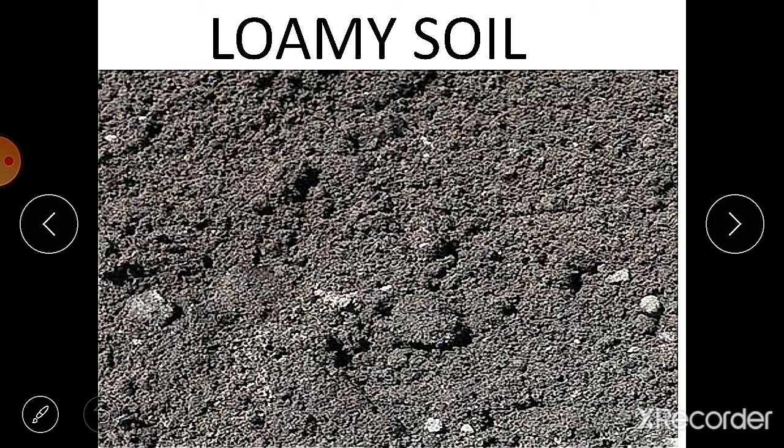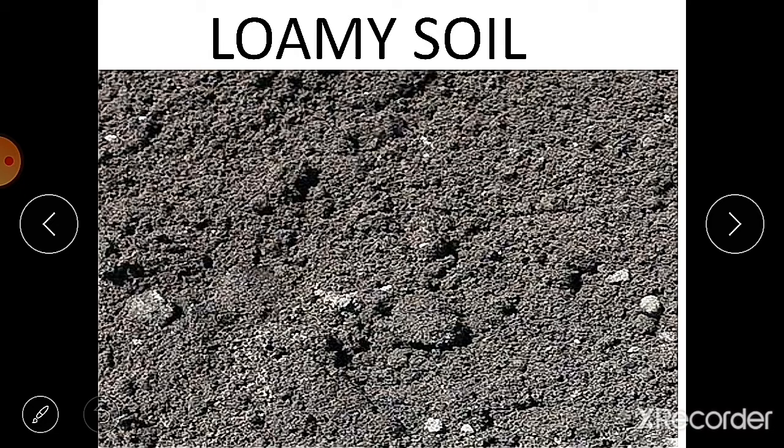Okay, then depending upon the chemical nature of the soil, besides these three types, that is sandy, clayey and loamy soil, soils are also classified as acidic soil, alkaline soil or neutral soil. Acidic soil means the soil contains more acidic substances. Alkaline soil means the soil contains more alkaline substances, and neutral soil means it is not acidic and not alkaline.